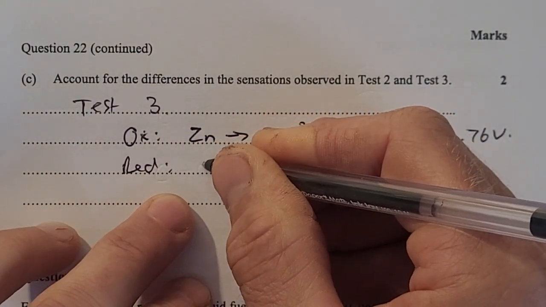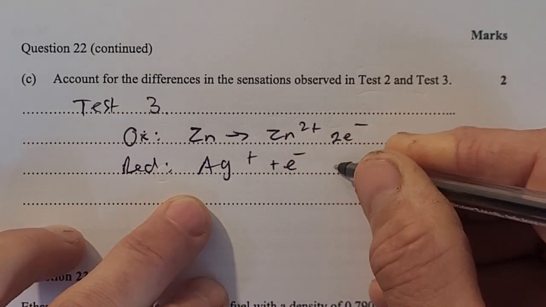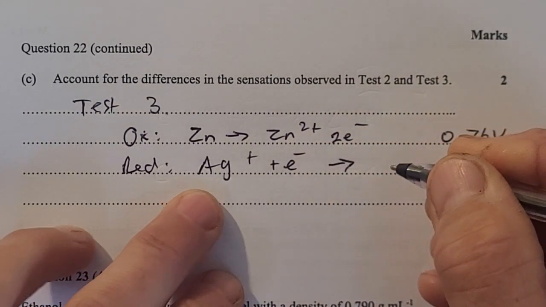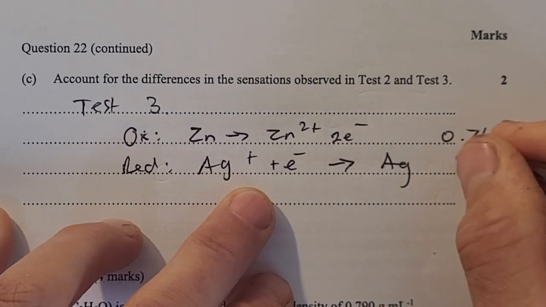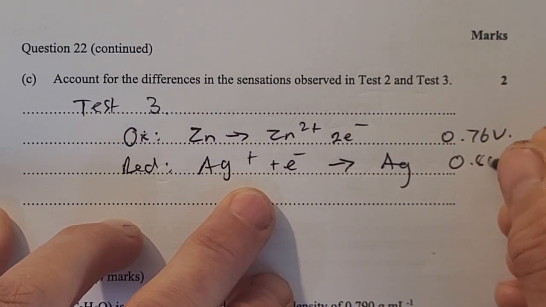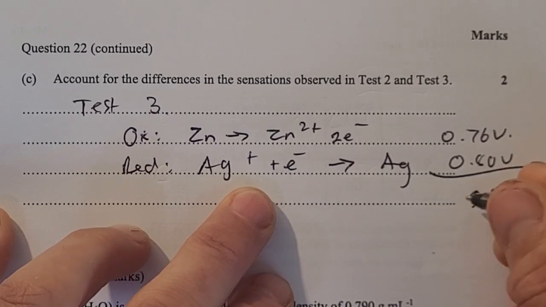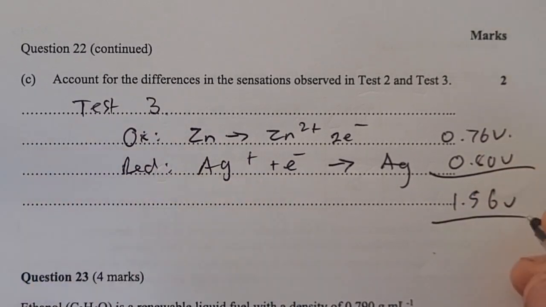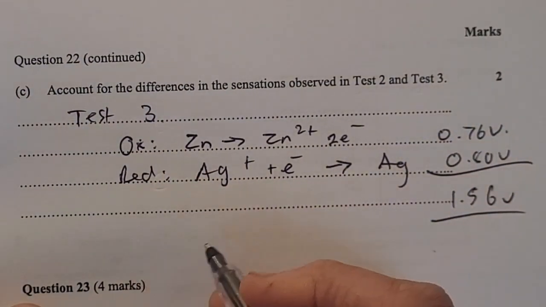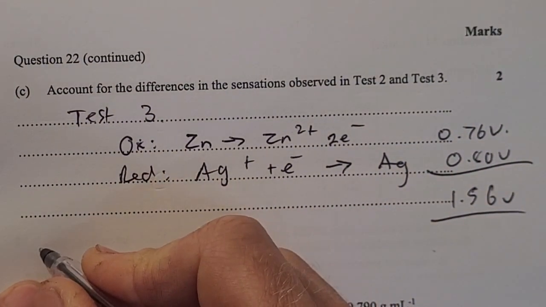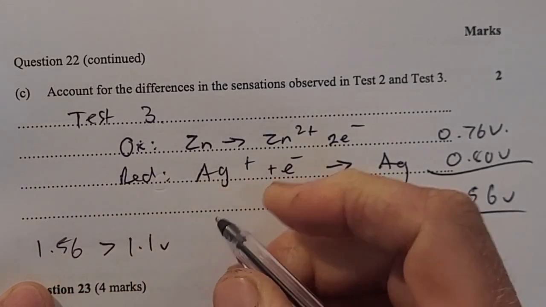Reduction of silver, Ag+ plus e- gives Ag, 0.8 volts. Add those together. Okay. So 1.56 volts is greater than 1.1 volts